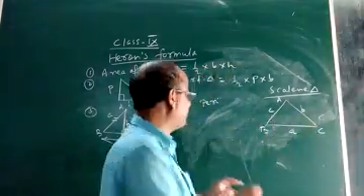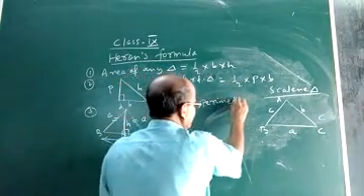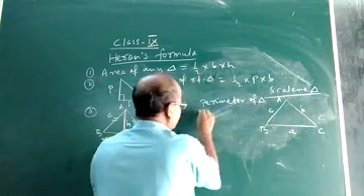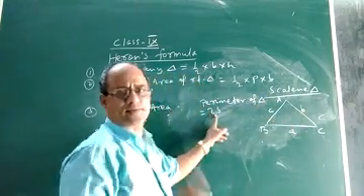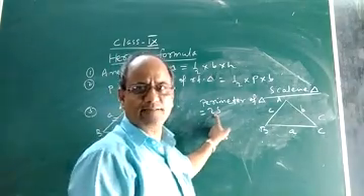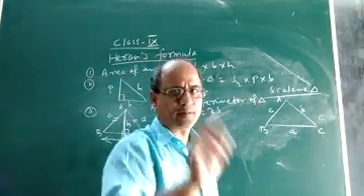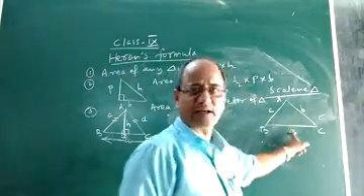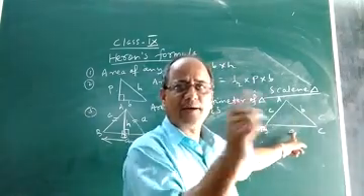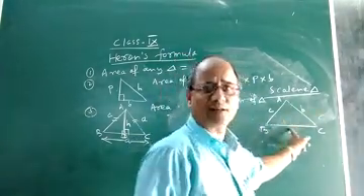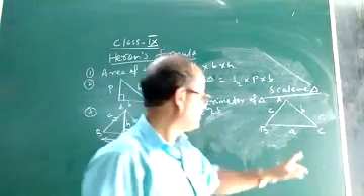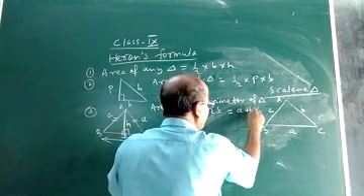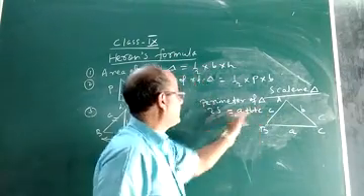What is the first step? The first step is to find the perimeter of this triangle. Suppose you denote it by 2s. 2s is the symbol of the perimeter of the triangle, and you know what perimeter is. It is the length of the boundary of a figure, meaning the length of the boundary of this triangle. What is meant by length of boundary? It means we add the lengths of all three sides, that is small a, small b and small c. So clearly 2s will be equal to a plus b plus c. This is the perimeter of the triangle.